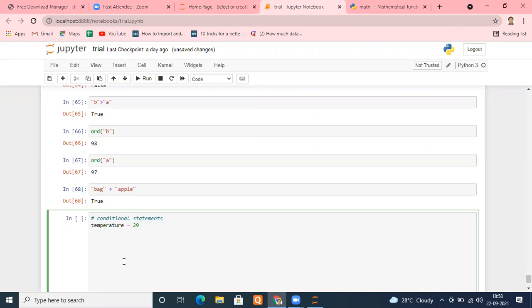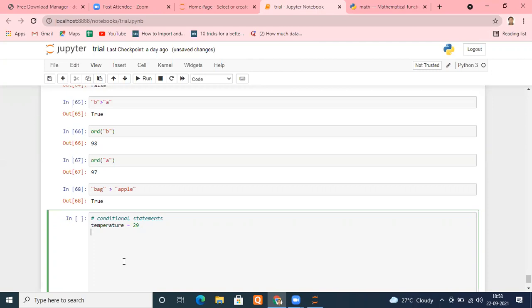If the temperature is above or equal to 30, I want to instruct someone, please turn on the AC. Understand properly. If temperature is greater than or equal to 30, I want to instruct that please turn on the AC. If it's not satisfied, perfectly fine, I want to say okay, the fan will be sufficient.